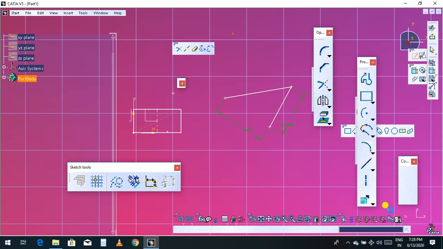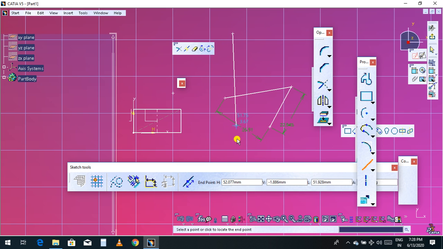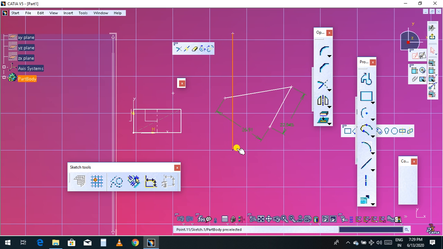Click OK. So now see here, this is the coordinate. Take a line, then now you can go to constraint, this point, this point. So this is the coordinate type point.